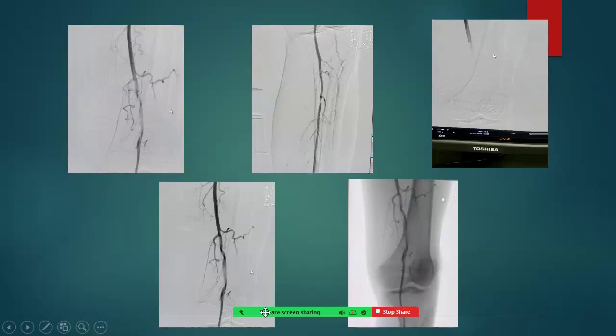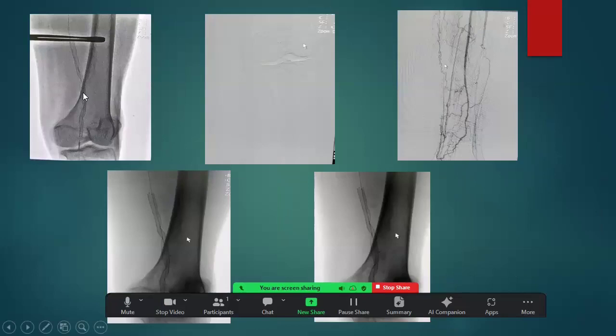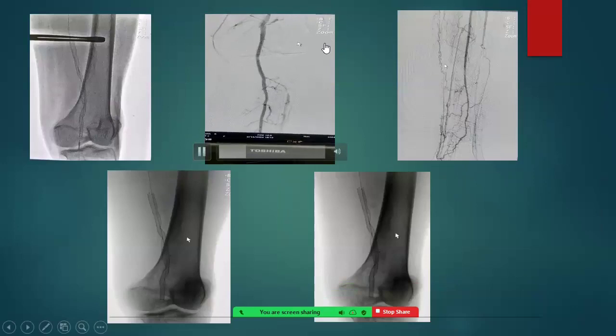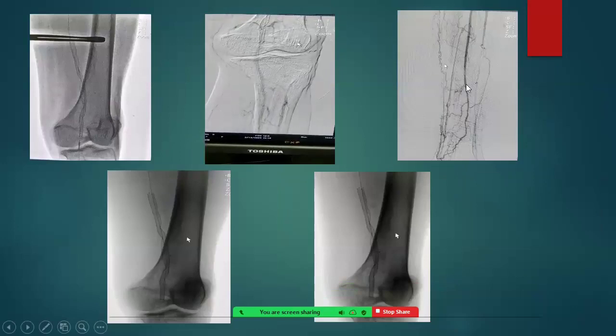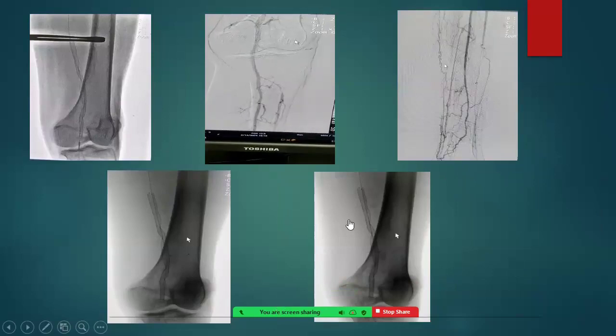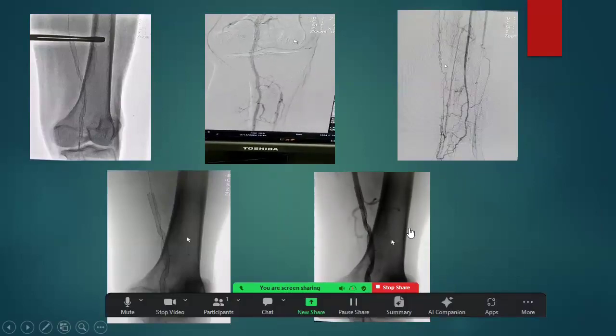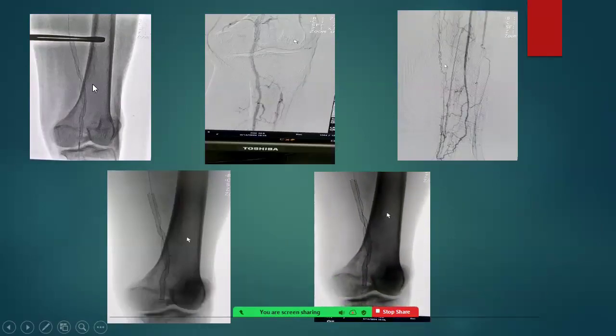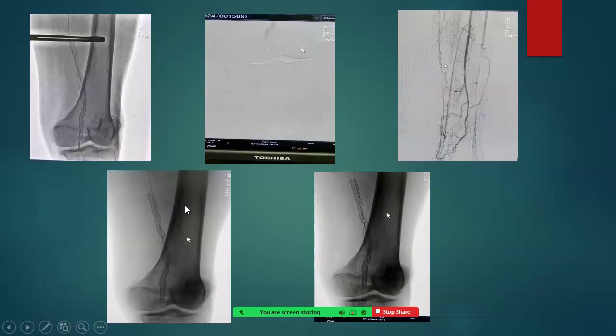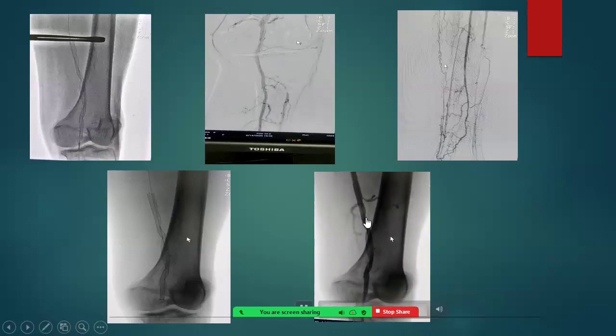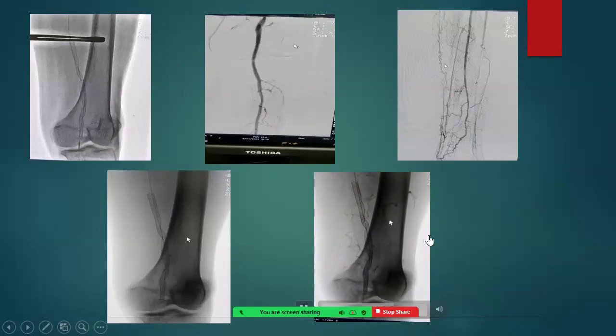Rather, we put the stent straight across this segment, and I saw adequate flow to the vessels. There is adequate collateralization, and the ATA and PTA both are filled. This is how it is after the stenting. This segment was very difficult, we were able to negotiate it only with a struggle. So we had multiple dissections in this thrombotic segment. So this patient is fine. His rest pain is recovered and the gangrenous changes are recovered fully.